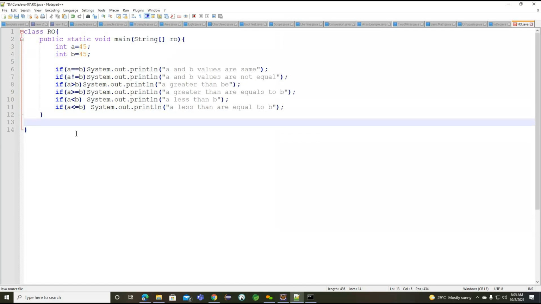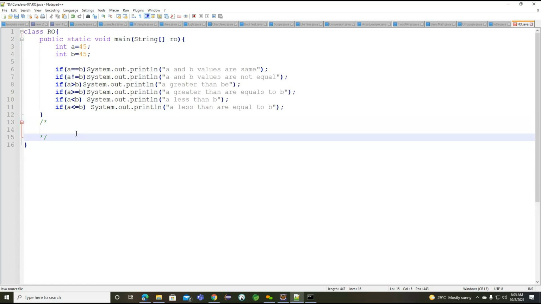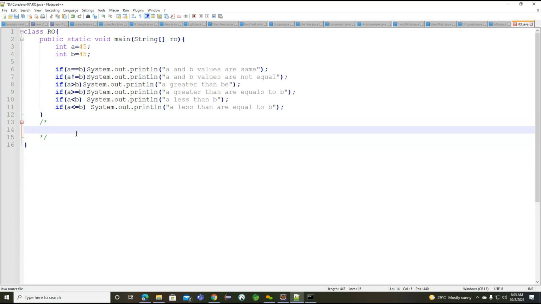What are the logical operators we are having first? Here I want to provide a comment. This particular comment we are going to use for multi-line purposes, and here we are going to write multiple lines.